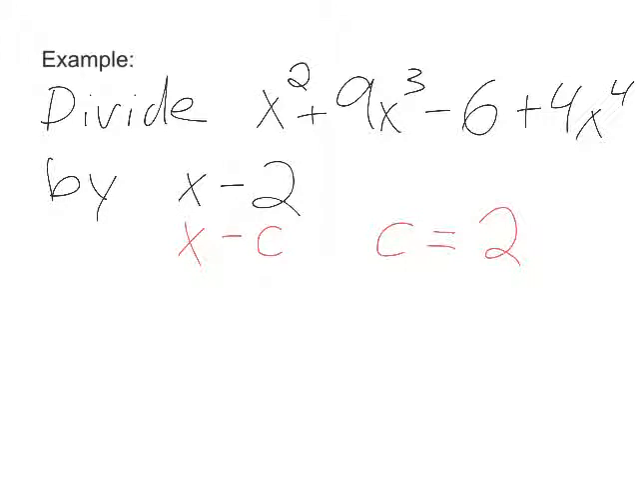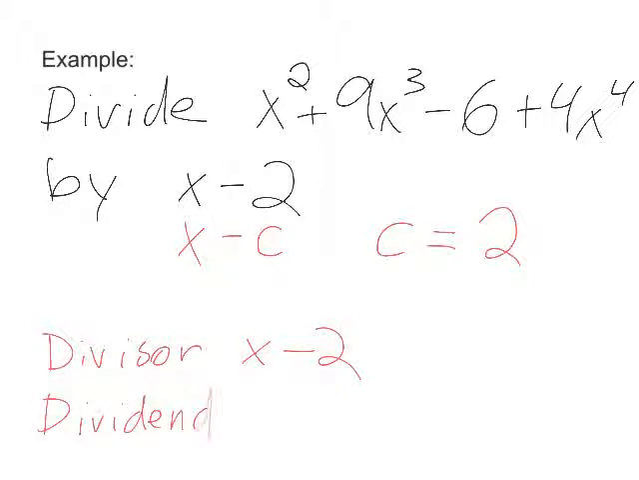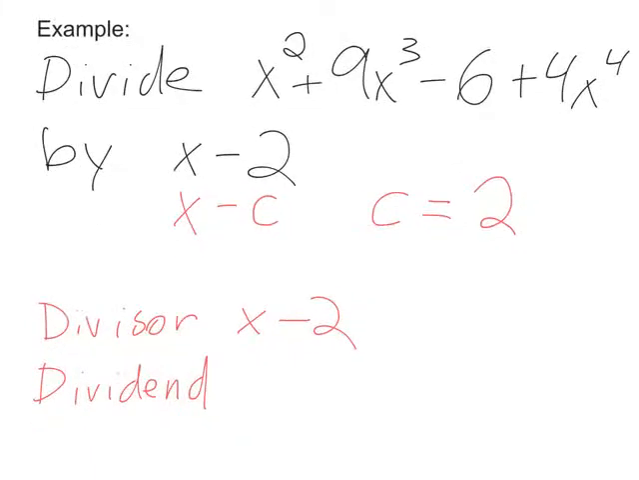The next thing that I want to do is set this up the way it needs to be set up. It needs to be in descending order, and if I have any terms missing, I will have to put a placeholder in for those terms. So I'm going to start out by rewriting my division problem a little bit, just so that I've got things in the right order and I can tell if I'm missing any terms. So my divisor is x minus c. I'm not missing any terms there, and it is in descending order, so that's not a problem. My dividend